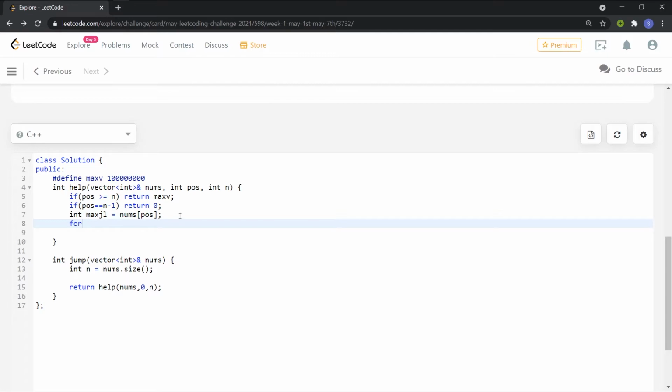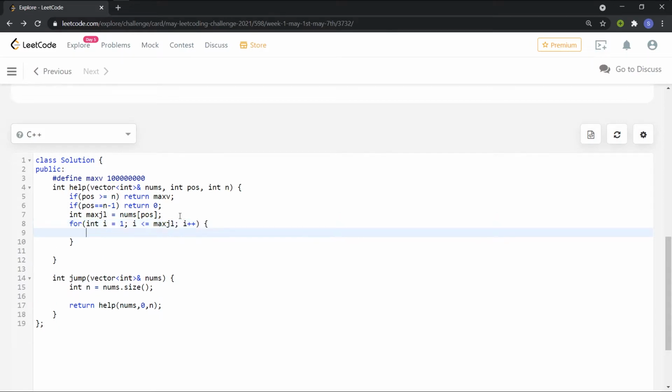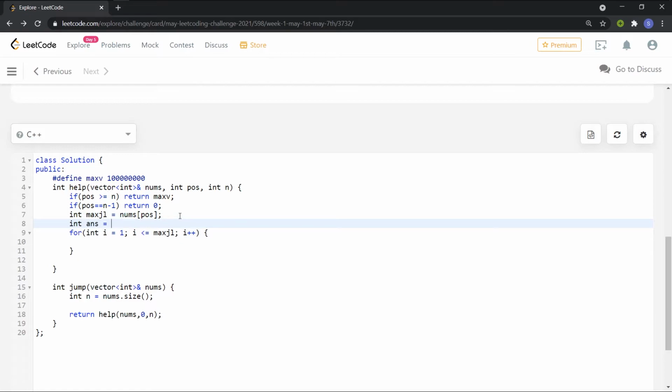So for that, I'll be writing a for loop: for int i equal to 1, i less than or equal to max jump length, the maximum index we can go forward to, and i plus plus. Let me define a variable int answer, and because we are trying to find the minimum number of jumps, I'll be initializing it with maxp, and I'll be taking the minimum in every iteration, so that finally I'll get the lowest number of jumps required to go from position to the n minus 1th index.